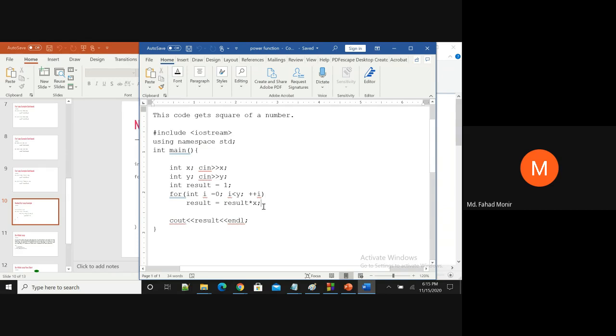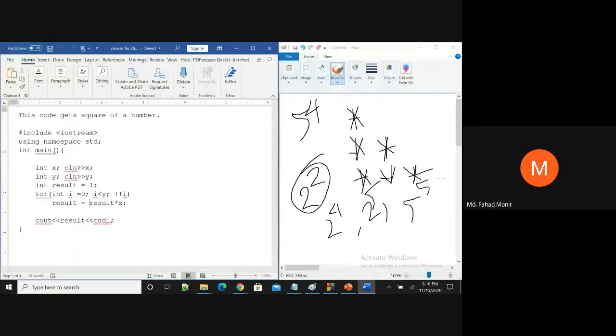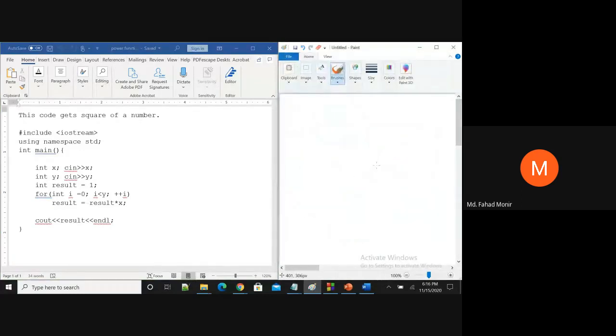মানে এটা আমার কি করবে দেখেন, রেজাল্টের ভ্যালু নিচ্ছি 1, জাস্ট এটা আমাদের প্রথম ভ্যারিয়েবলটা, যেটা থেকে আমাদের কি হবে 1 ইনটু প্রত্যেকবার ভ্যালুটা আপডেটেড হতে থাকবে। যেমন এটার জন্য যদি আমার ই হয়, ফার্স্ট ফর এক্সাম্পল, if the value of x is 3 and the value of y equal to 2, then what will happen? For integer I equal to 0 is less than y I plus plus, then result